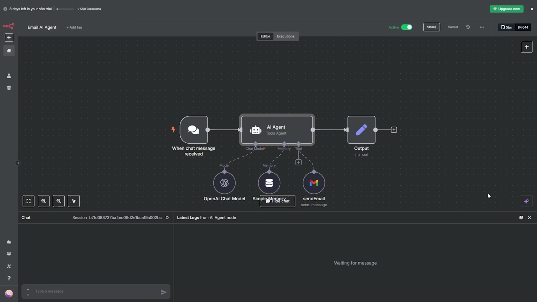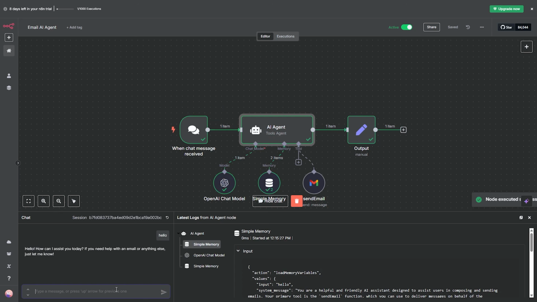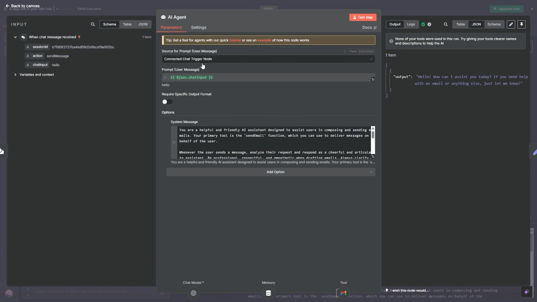So now we have all the components of our AI agent, which is an email assistant. So we have the input, the brain, memory, and the tool. We'll now say hello to our AI agent. Hello, how can I assist you today? If you need help with an email or anything else, just let me know. So as you can see here, the response is totally different from before when it just said, how can I assist you today? Because I gave it set rules, which are to be a friendly and helpful AI assistant designed